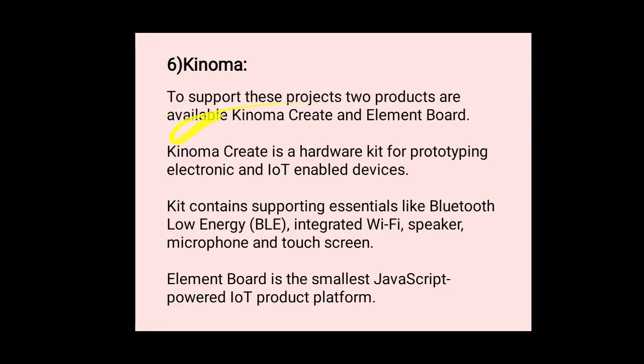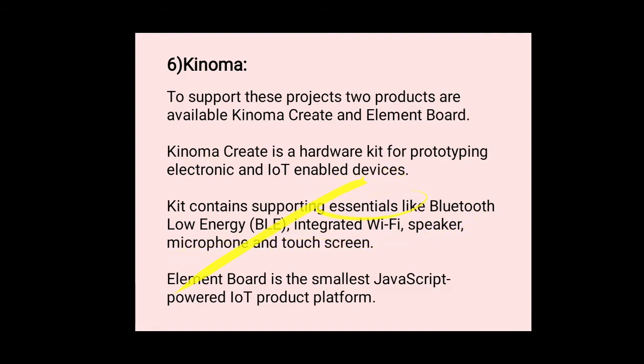products. Two products are available, Kinoma Create and Element Board. Kinoma Create is a hardware kit for prototyping electronic and IoT enabled devices. Okay, and the kit contains supporting essentials like Bluetooth low energy, integrated Wi-Fi, speaker, microphone, and touch screen.